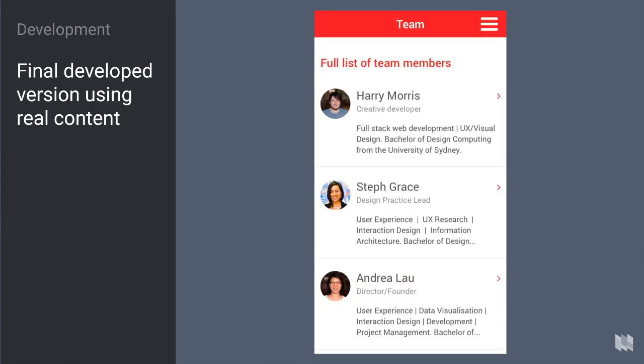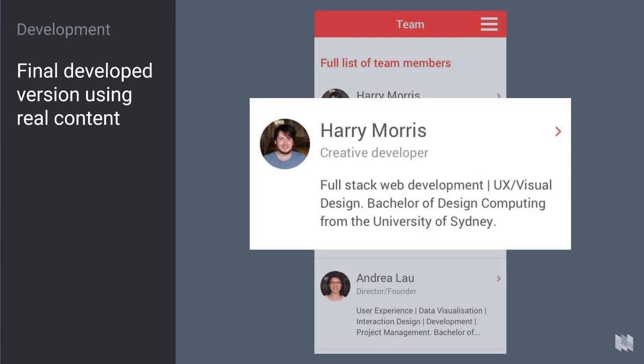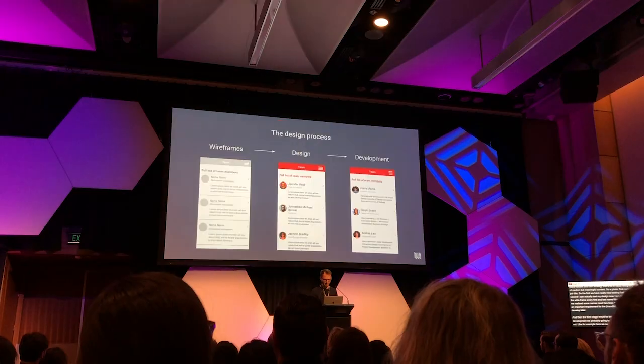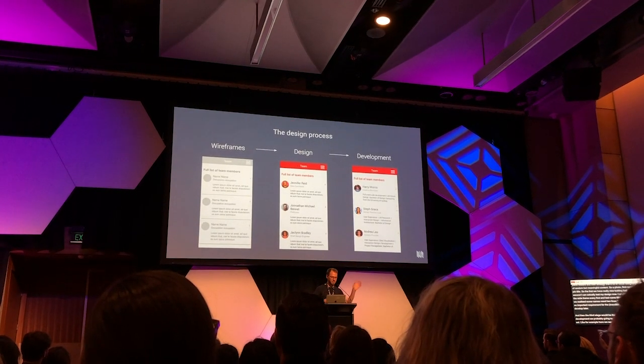Okay, and then the third stage would be the development. And in the development, we're probably going to use actual real data, like the final data set. Like for example, here we see actual people with real jobs, like Harry or creative developer. Okay, so the regular process: wireframes, design,